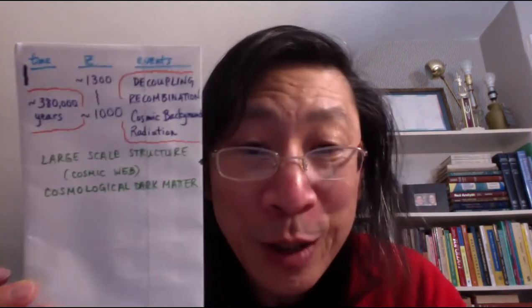Okay, so this idea of cosmological dark matter is worth putting right in this timeline, because dark matter is the stuff that's not made up of protons, neutrons, and electrons, but that's the stuff that drives the large-scale structure creation of the universe. The development of the cosmic web is driven by cosmological dark matter.